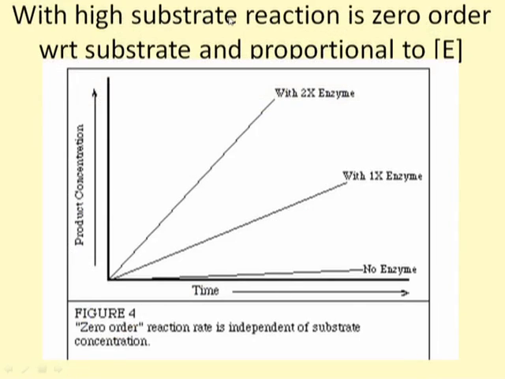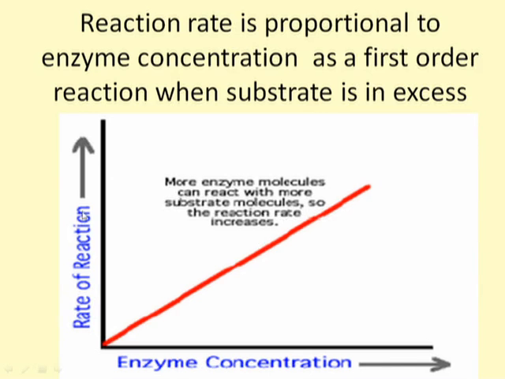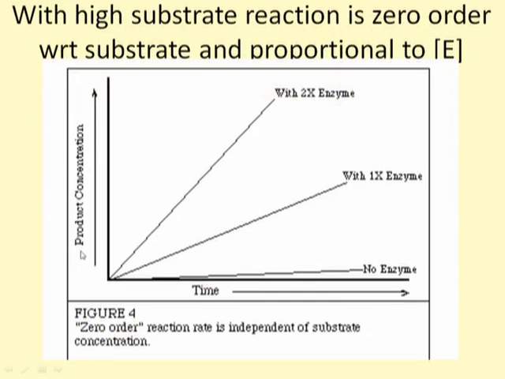With high substrate concentration, the reaction becomes zero order with respect to substrate and proportional in the first order to the enzyme concentration. We see here that this is a slightly different graph than this. Here the rate of the reaction is plotted. Here the product concentration is plotted with respect to time. And we see again a linear generation of the product with a particular concentration of enzyme,